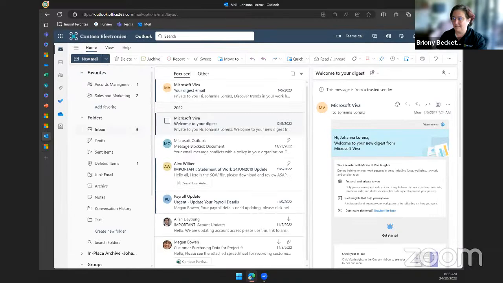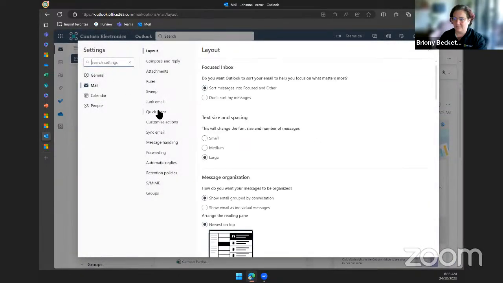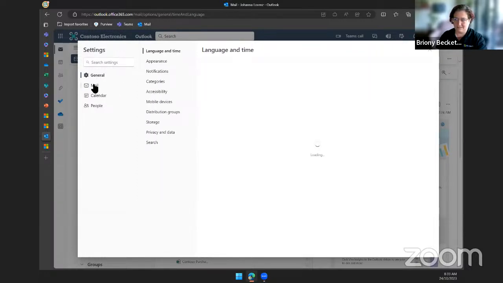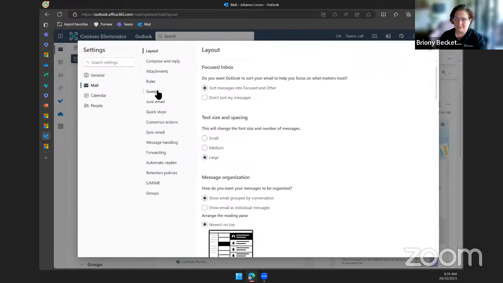If I go into settings here, mail, quick steps are there, so that's another option. These settings menus keep things categorized, so your general account settings, but most things within here are going to be handy.